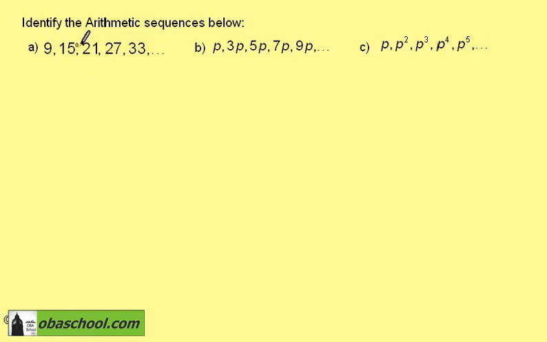We want to identify the arithmetic sequences below. We can see for this sequence that it's produced by adding 6 each time. This being the case, the difference between any two terms is 6, and so this would be an arithmetic sequence